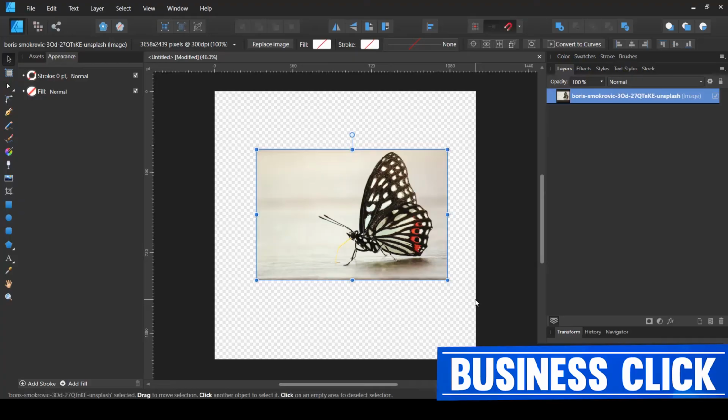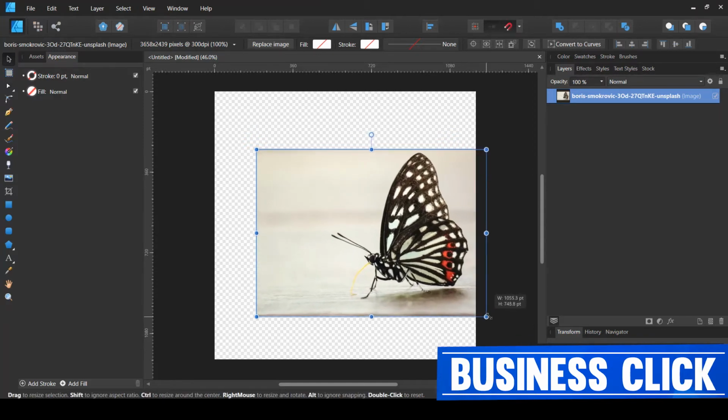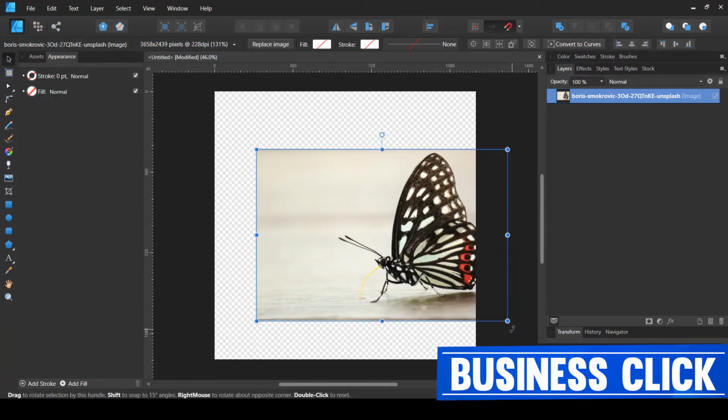I'm going to use Affinity Designer in this case, but you can use any kind of software that you like and that you are familiar with. So let's open up our image in Affinity Designer. This is the first scenario, where I have this image of a butterfly that I obtained from the website Unsplash.